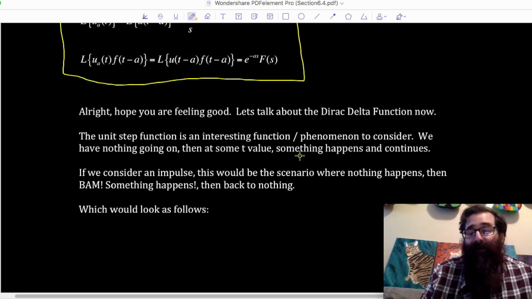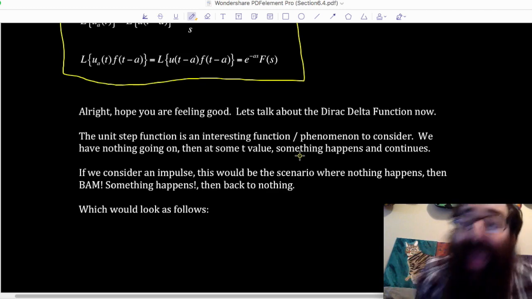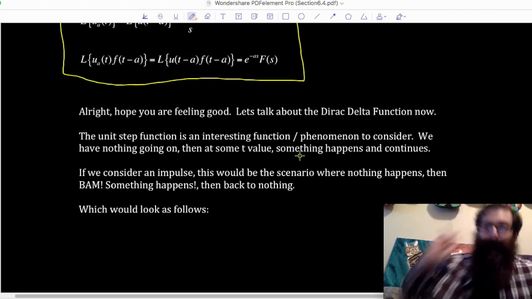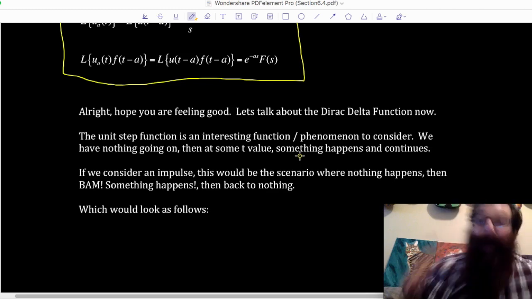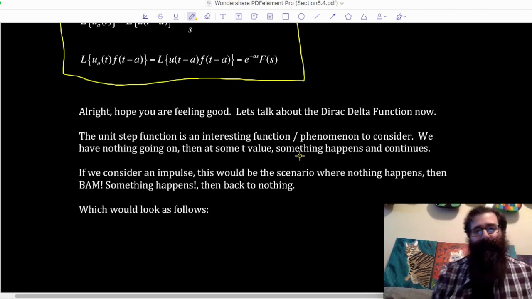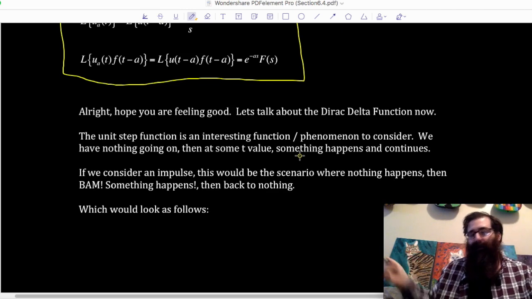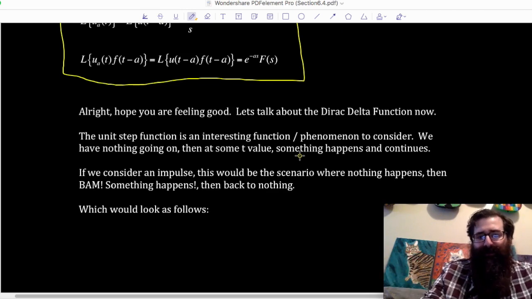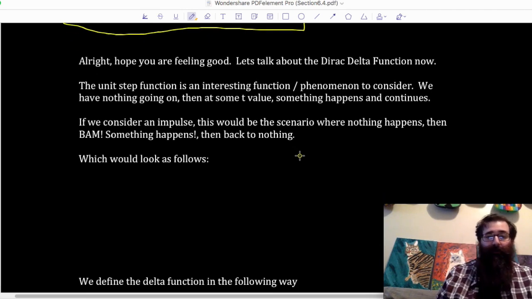If we're talking about an impulse, then what we're talking about is nothing happening, and then bam, something happens, and then back to nothingness, right? So it's an interesting idea, a nice contrast to the unit step function. If you want to think about how that would look,